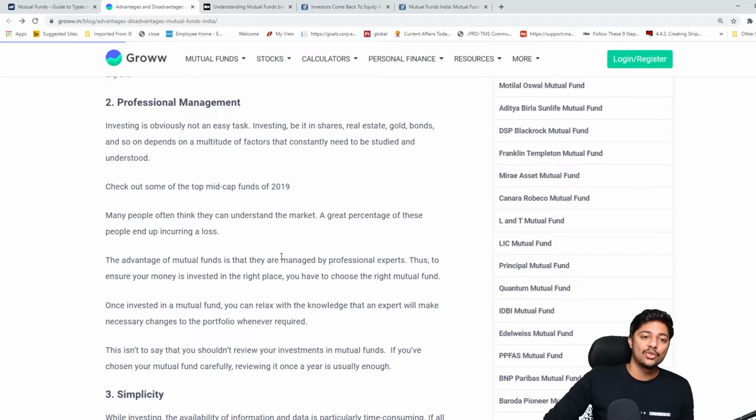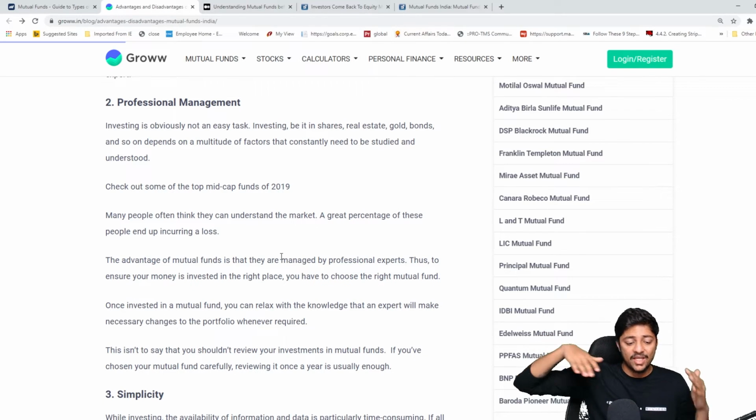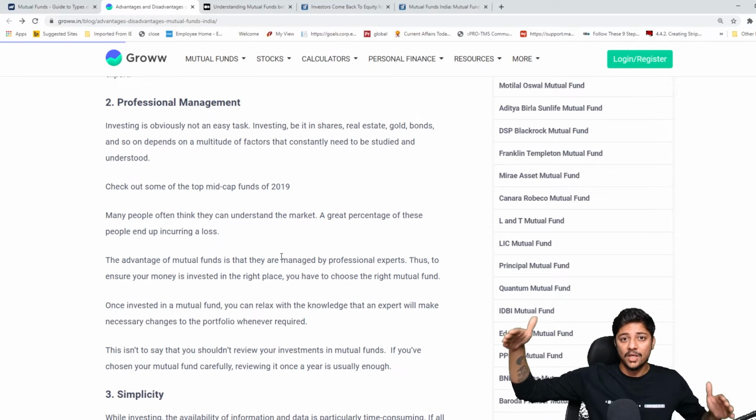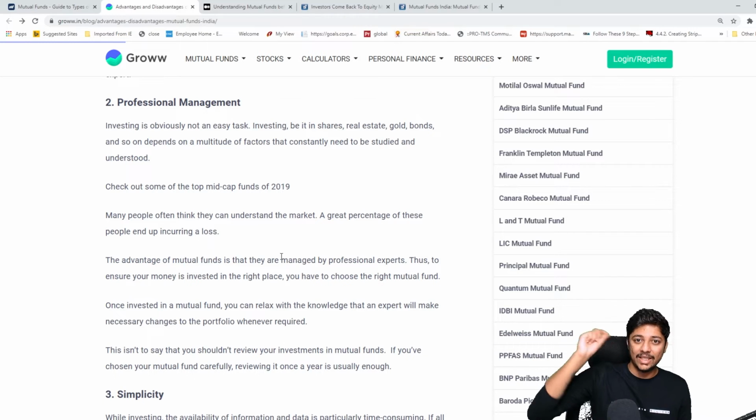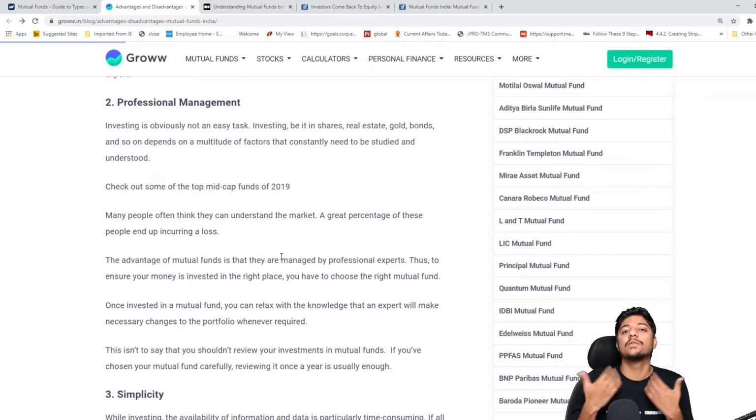investing something. So professional management is basically if you're not a professional, you don't have the time, you're like, I'll find a professional, I'll pay a small amount, but in the grand scheme of things, okay, if you keep your money for a longer period of time, that expense amount that they take is nothing. It's peanuts compared to the amount of returns you will make. So mutual funds are not bad. It's actually very, very, very good.